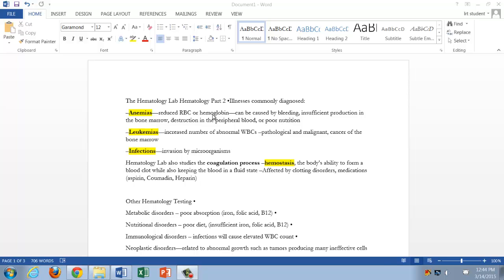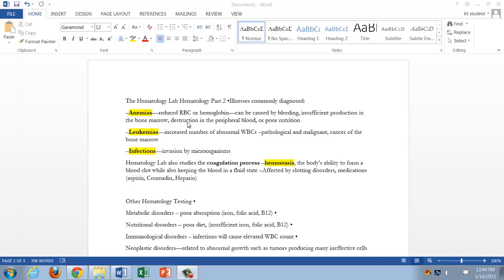So maybe we're not eating enough iron in our diet, or maybe we are eating enough iron in our diet, but our stomach and our intestine isn't able to absorb it. Or maybe our liver isn't able to metabolize it. Maybe our spleen is destroying the red blood cells. So there's all different types of problems that the hematology lab can help the physician to diagnose in terms of